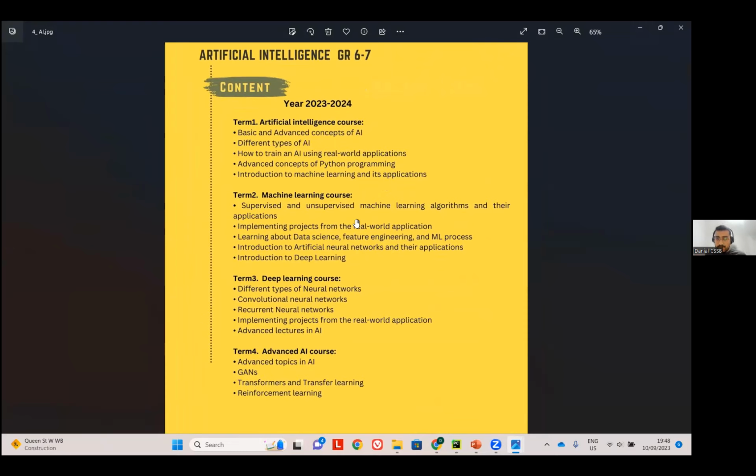It's going to be hands-on projects. And during those hands-on projects, we're going to learn a little bit more advanced Python programming concepts. So it is needed for you to know Python programming. And for the other steps, we're going to have machine learning, deep learning, and all the great stuff that is happening right now.